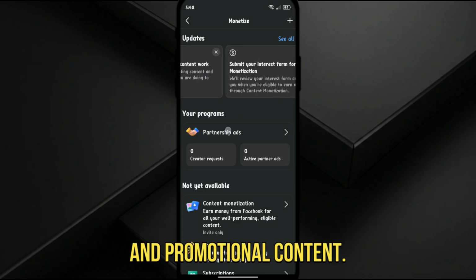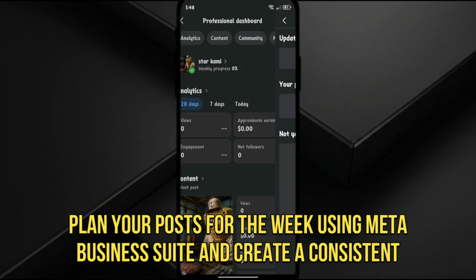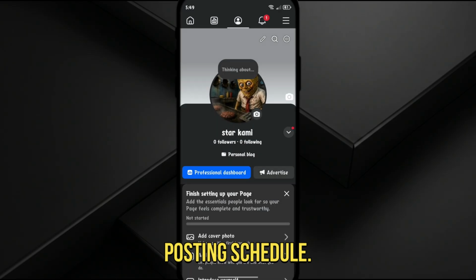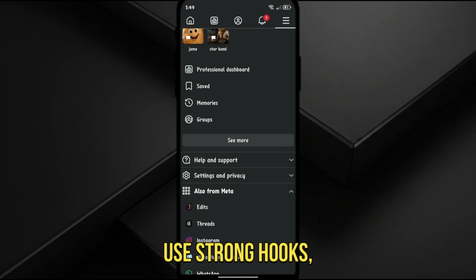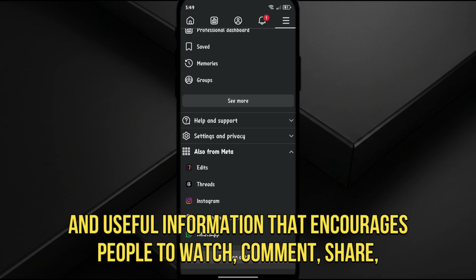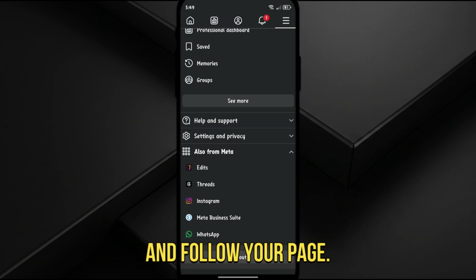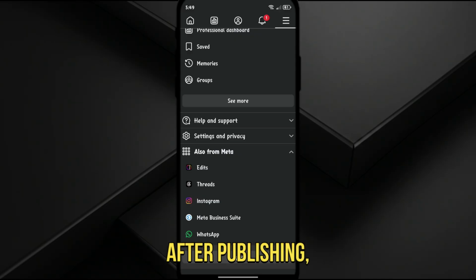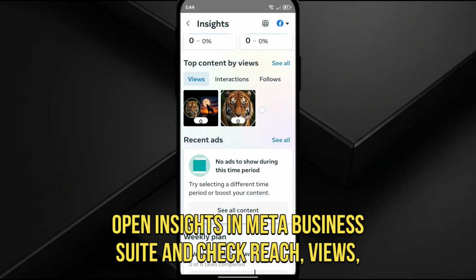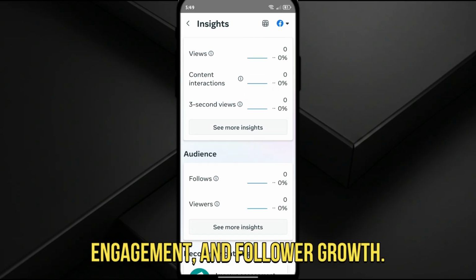stories, and promotional content. Plan your posts for the week using Meta Business Suite and create a consistent posting schedule. When creating content, use strong hooks, clear captions, attractive visuals, and useful information that encourages people to watch, comment, share, and follow your page. After publishing, open Insights in Meta Business Suite and check reach, views, watch time, engagement, and